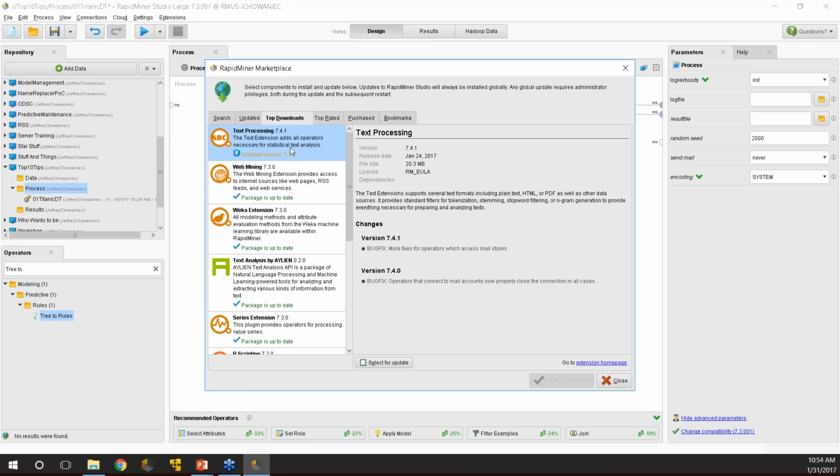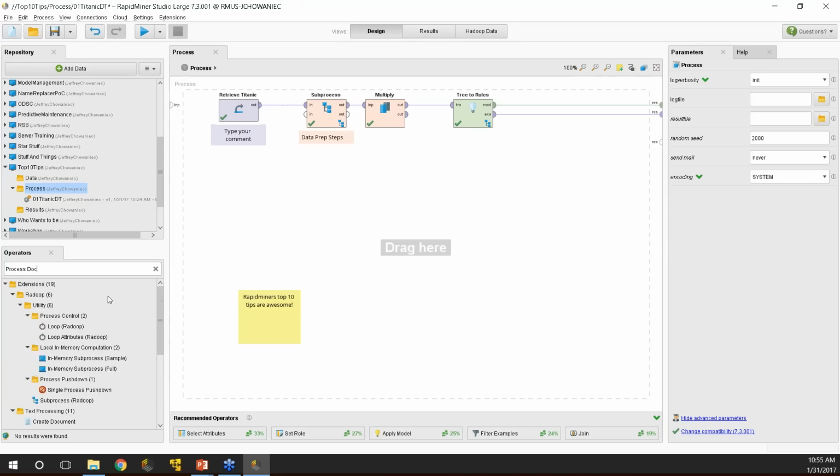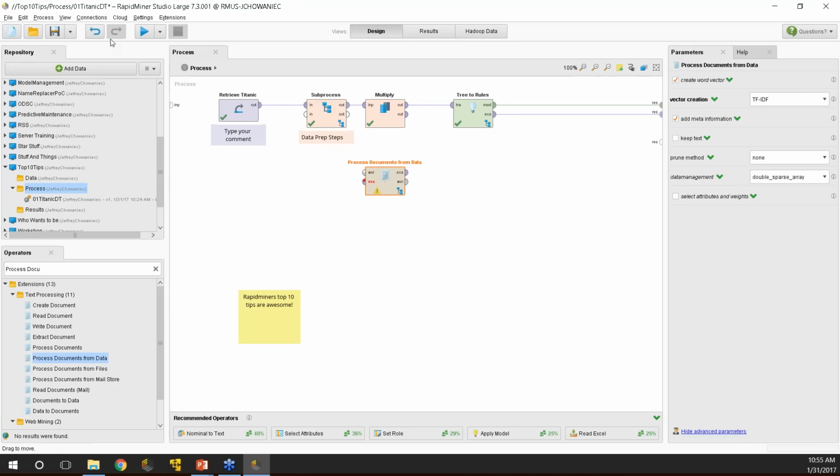The most commonly used one is our text processing. It doesn't come pre-installed just to save installation space, but you can access it in there. So now if I do something like process documents from data, this in particular, send that out there. I would need some sort of data set coming into here, but it is statistical-based text